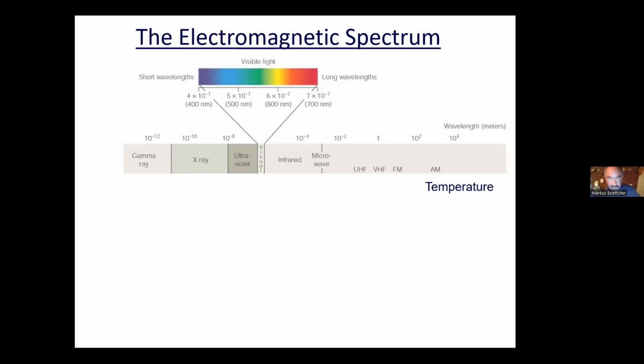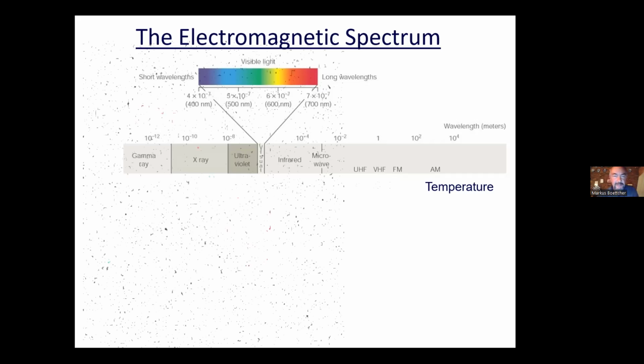But the spectrum doesn't end where our eyes' perception ends. Beyond the long wavelength end, the red end of the visible spectrum, it goes on towards infrared and radio waves, and towards short wavelengths or higher frequencies, it goes on to ultraviolet, X-rays, and gamma rays. The key point I'm making here is that the different wavelength regimes correspond to different energies that the waves, the particles of light or photons, are carrying.